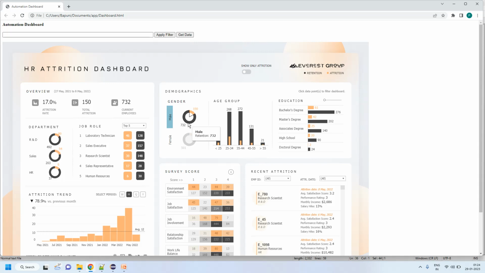and the retention also sums to 732. And here it is the summary or overview, so it is also the same with the values after selecting male. This scenario I manually verified and it is fine. No mismatch in the calculation. But how can I automate this scenario? So let's